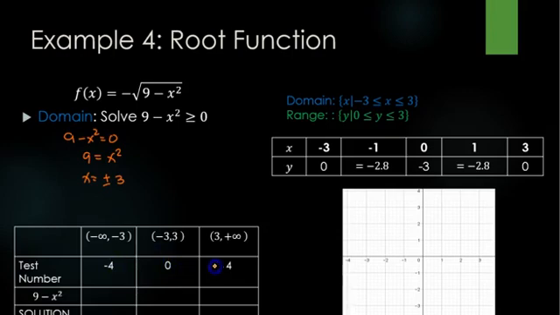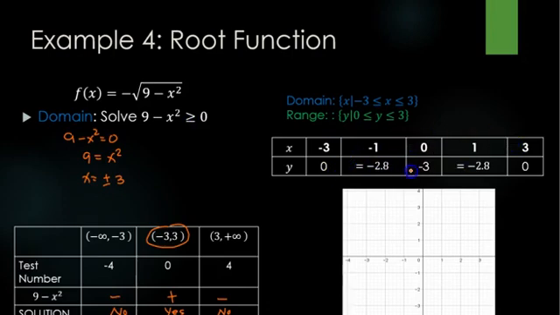So then we have these intervals to solve for the inequality. I'm going to test the numbers and see if, when I substitute negative 4 for x, this will be positive or negative. So this one is negative. This will give us a positive and negative. Hence, the solution will only be this interval here. So that means your domain will be from negative 3 to 3. In our domain, we include negative 3 and 3 because we have the 0 in our inequality.